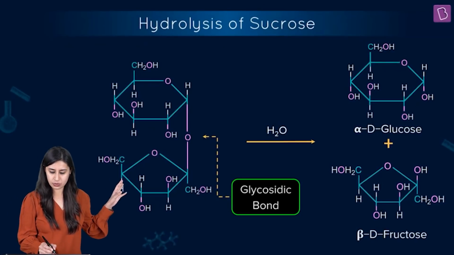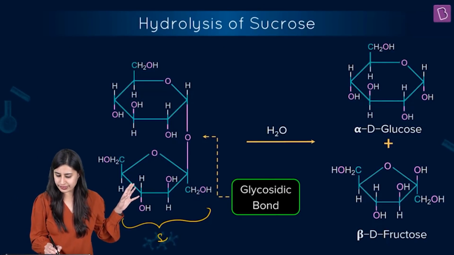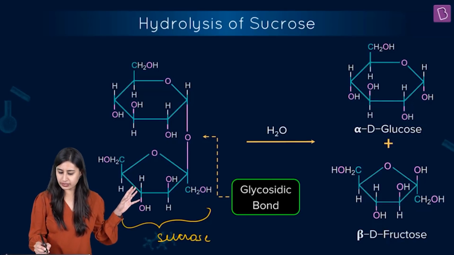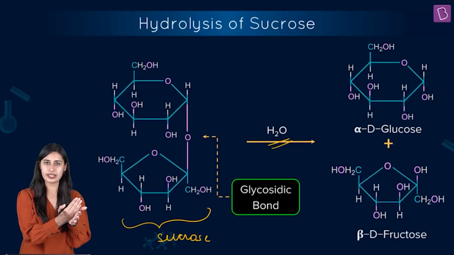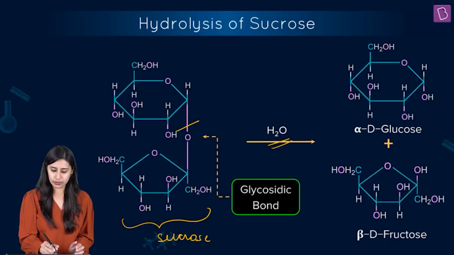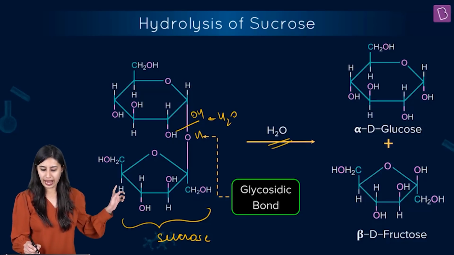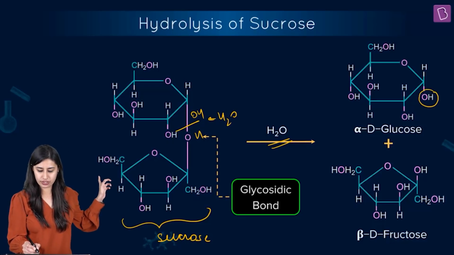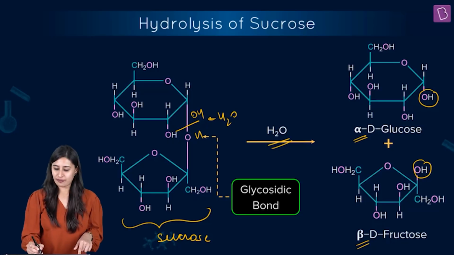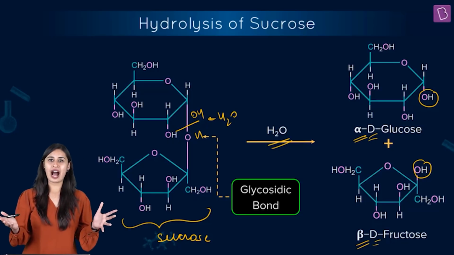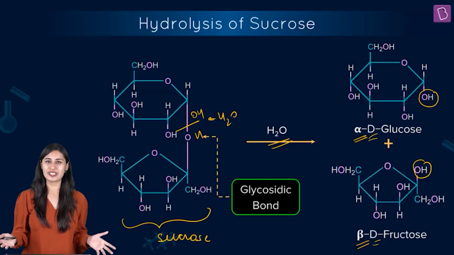Check it out. This is what we have. This is the sucrose. We have done the hydrolysis. That means with the help of water, there is a lysis that has happened. Let's put an OH here and an H here for the water, right? And what do you see? OH is below here, so alpha here. OH is above here, so beta here, right? And for both, it is D. The answer is already in front of you.